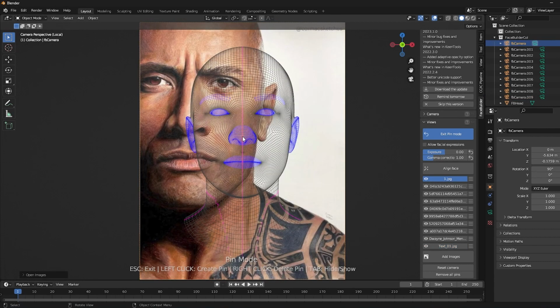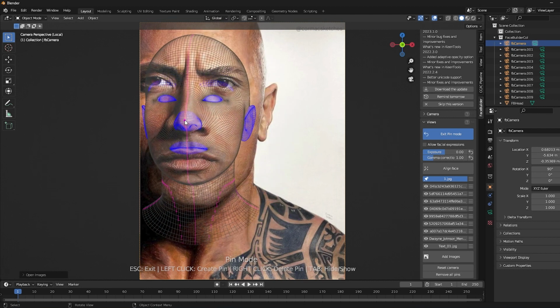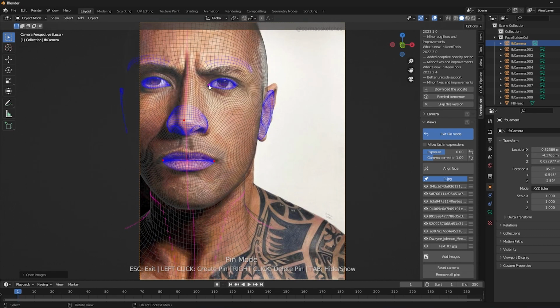In this method, you need to select pins on the model and place them according to your image. For example, if I select the front of the nose, I should place it on the front of the nose of the character in my picture. Then the sides of the lip, then the eyes and ear.